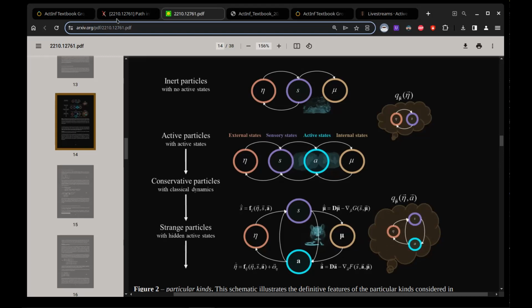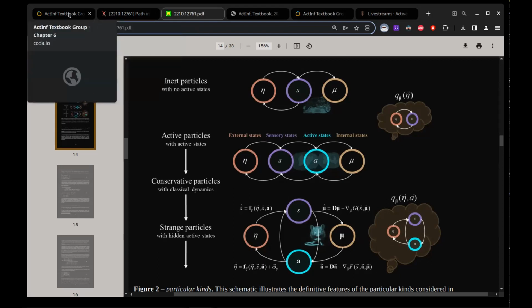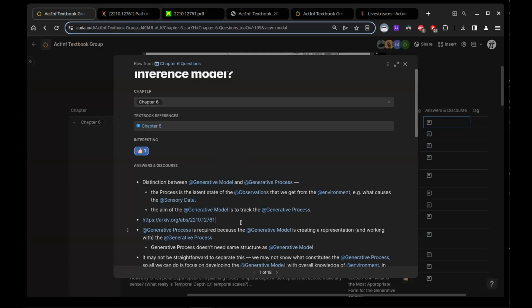And so in chapter 6, we're talking about whether you're trying to set up a simple inert system or a simple active system, or you're on the path towards making more complex cognitive models. There's going to be certain steps that are outlined in the recipe.